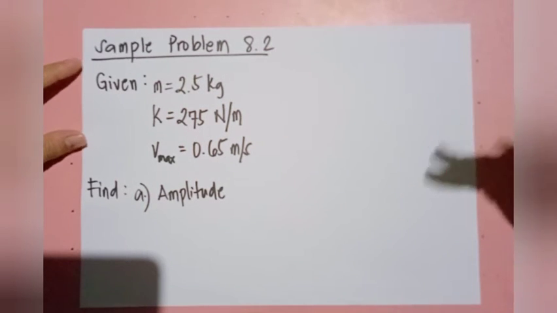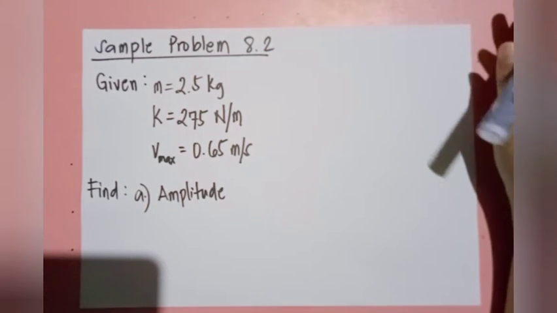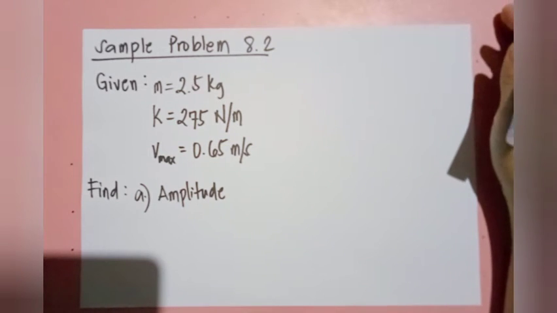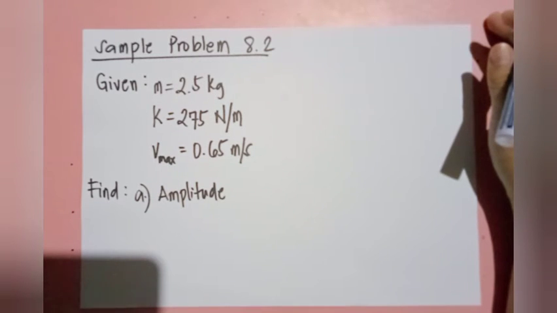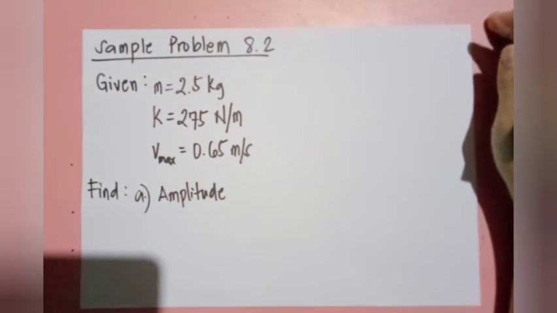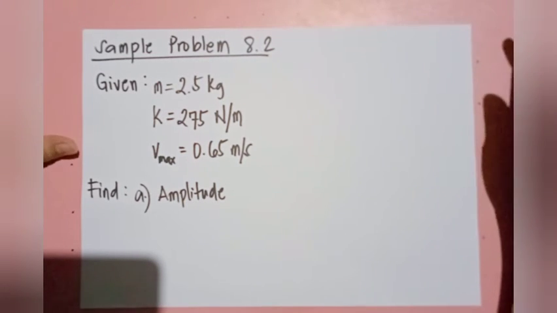Note that the velocity of the oscillator will be maximum if x, or its displacement, is 0. So using equation 8.7, we have here v equals